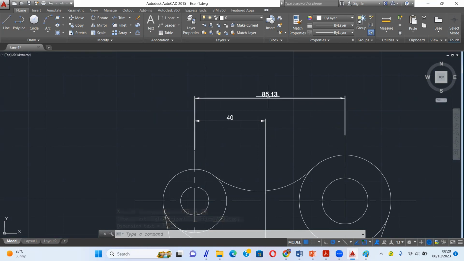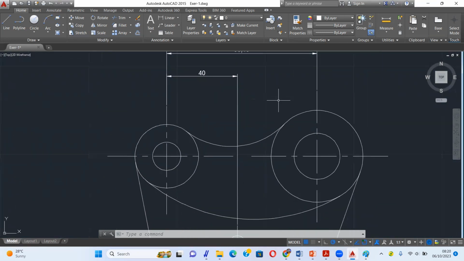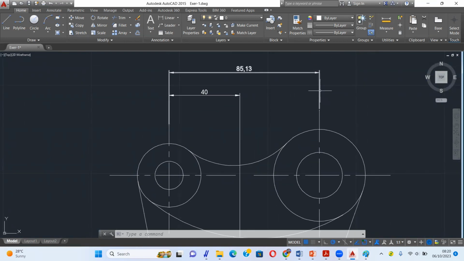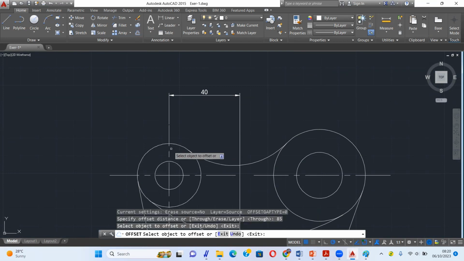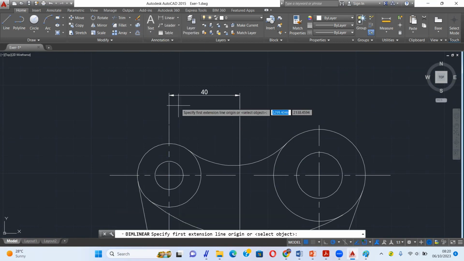Or this is not correct, I try to modify this one, by using offset 55. Okay, we make linear dimension.